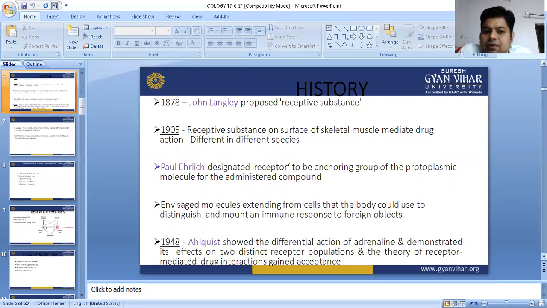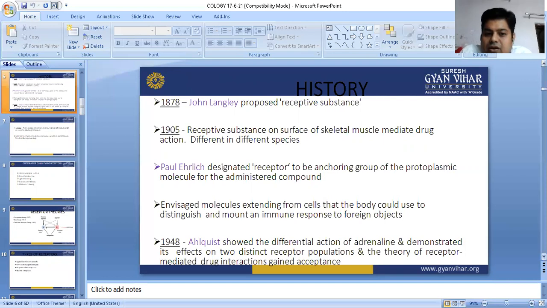Now, what is the history? We would like to see it in a brief manner. In 1878, John Langley proposed the receptive substances. In 1905, receptive substances on the surface of skeletal muscles mediated drug action, different in different species. It depends. According to Paul Ehrlich, receptors were designed to be an encouraging group of the protoplasmic molecules of the administered compound, and